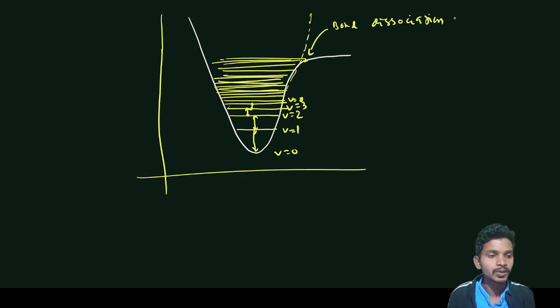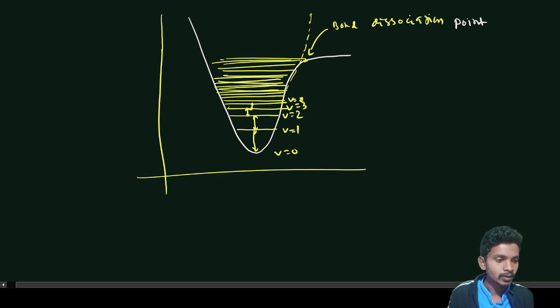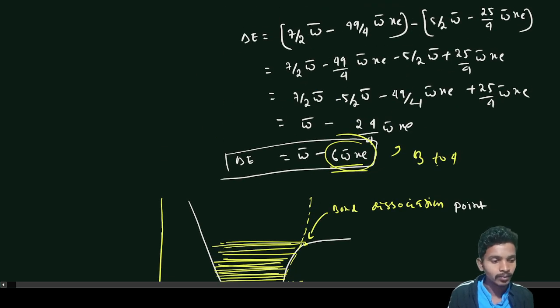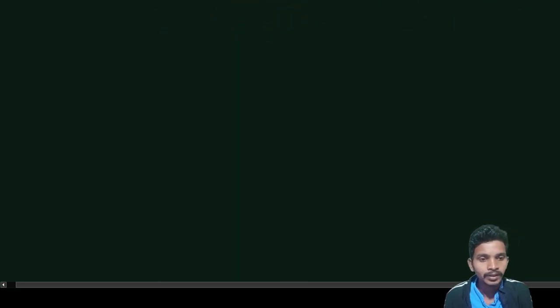This is the bond dissociation point. After that the bond breaks. So if I summarize, whenever I am talking about rotational spectroscopy, what I am getting,